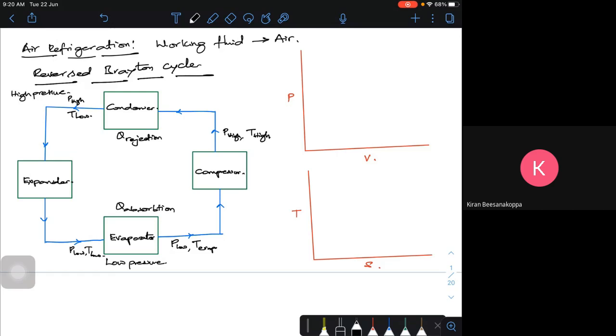Then what will happen? It will go to the compressor. So the temperature there is an increase. After compression, there is a slight increase in temperature compared to what comes out of the evaporator. Say, for example, the air enters the evaporator at maybe 2 degrees. It may come out of the evaporator at 15 degrees, and it may come out of the compressor exit at 40 degrees. So you have to increase its pressure and temperature in the compressor. Then it will go to the condenser, and heat rejection takes place.